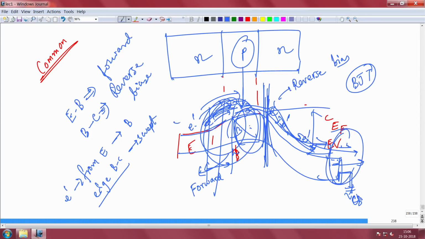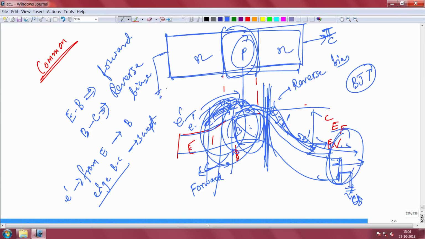Of course, if all the electrons that you are injecting from here get recombined in the base, nothing reaches here, then there is no current. So, you have to make a design rule actually, and you have to understand many of the things here, but this is the basic diagram of a BJT. The controlling unit is the base, and the output current is this collector current. So, I will call it JC or IC, this is the output current, this is the input current that you are putting to the base, and this is the emitter which is usually grounded, for example. Okay. There are different modes of operation though, that we will come to slowly one by one.